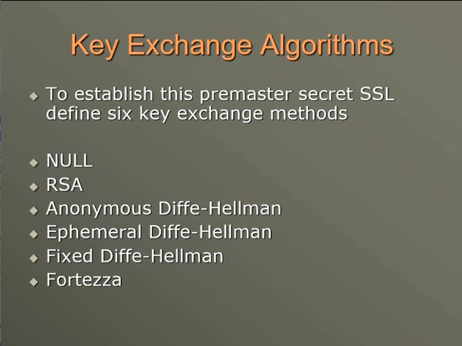So in other words, we can say that the two parties do not directly exchange the half keys in fixed Diffie-Hellman, whereas the certification authority sends the half key in RSA or DSS special certificates. And when the client needs to calculate the pre-master secret, it uses its own fixed half key and the server half key, which is received in the certificate. And the server does the same, but in the reverse order. So here in the fixed Diffie-Hellman, no key exchange messages are passed and only the certificates are exchanged.